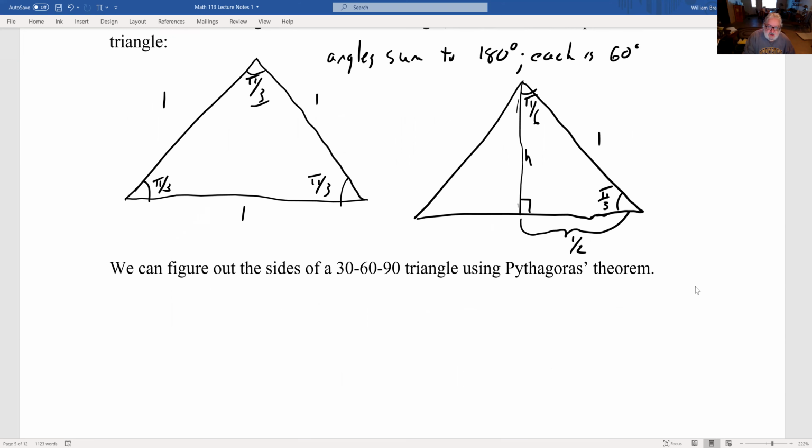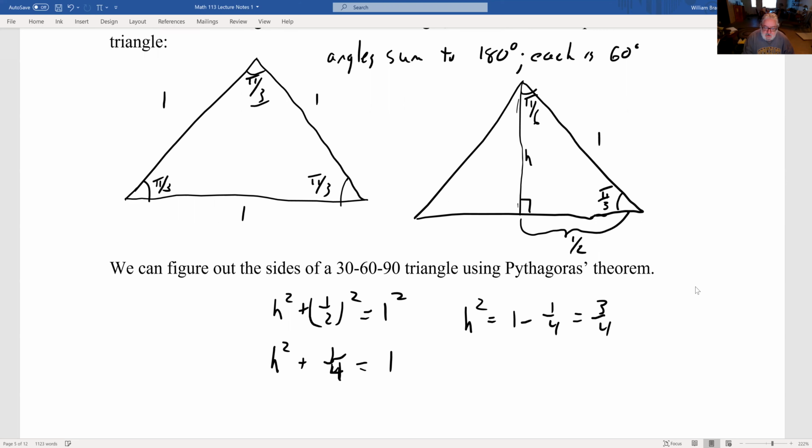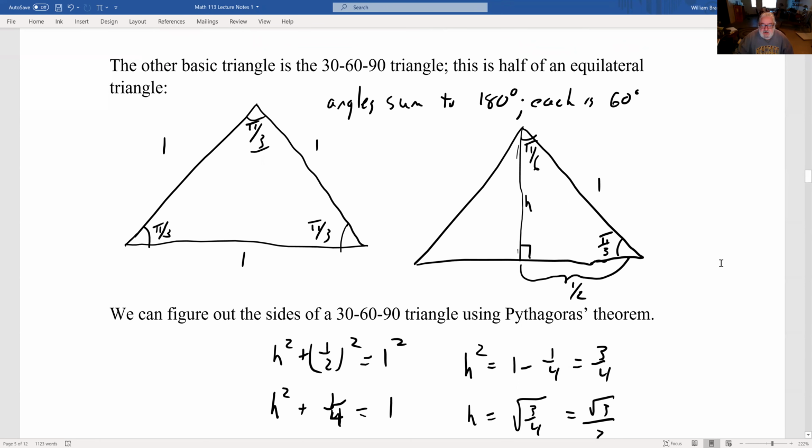And so that tells me then that h squared plus 1/2 squared has to equal the hypotenuse squared. So h squared plus 1/4 equals 1. Which means h squared equals 1 minus 1/4, which is 3/4. So h equals the square root of 3/4, which is the square root of 3 over 2, because the square root of 4 is 2. And so that gives me my 30, 60, 90 triangle